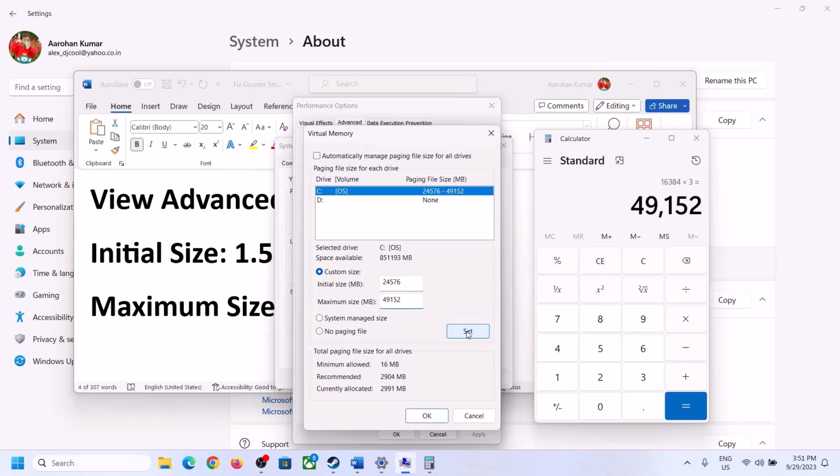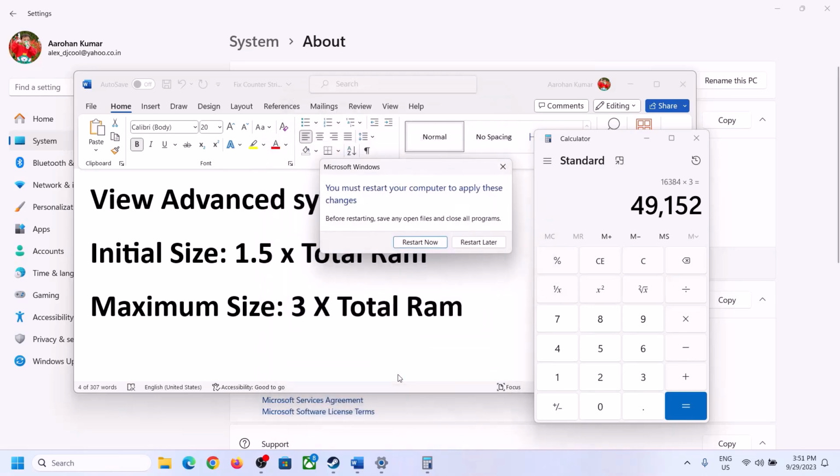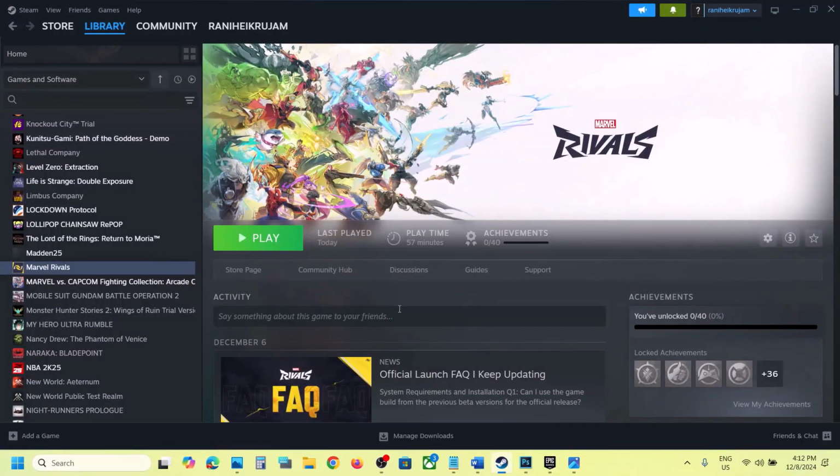Now click on Set over here. Then click on OK. Apply. OK. OK. Now restart the computer. Make sure that you restart your computer after this. Now the next step is to